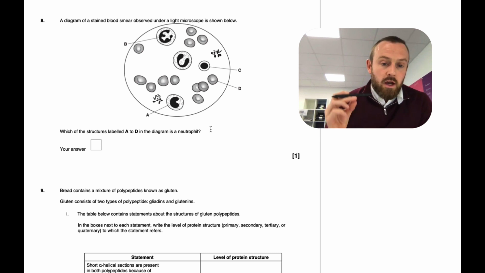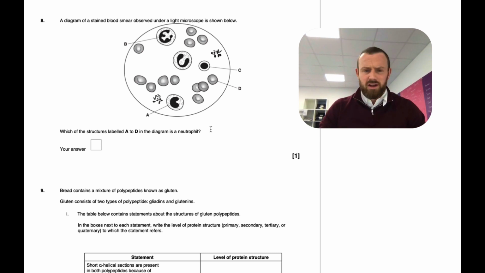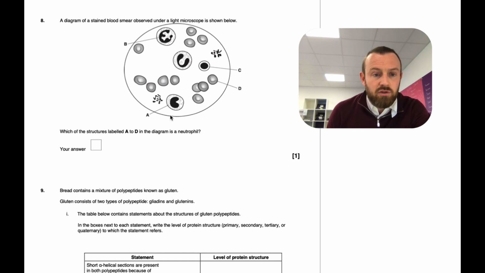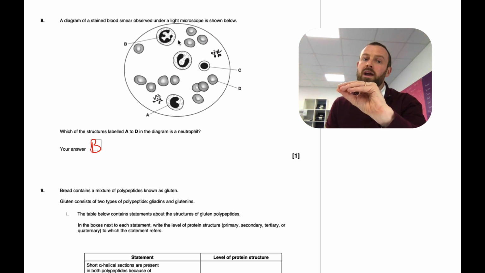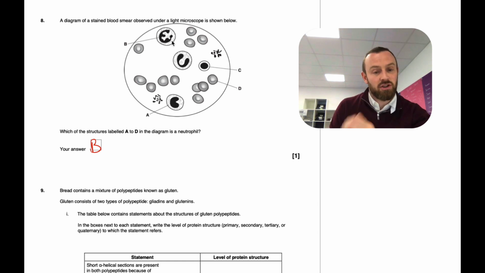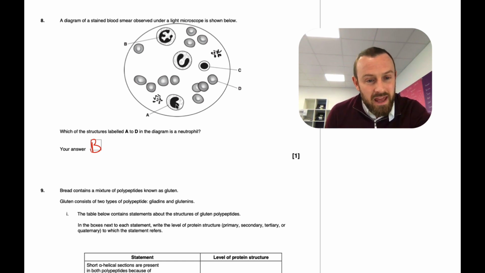Okay, moving on. I threw in a little multiple choice question here just because I wanted to get something on this topic of white blood cells. So which one is a neutrophil? Out of this, the neutrophil is going to be B. So you need to remember that neutrophils have a lobed nucleus. The reason is it helps them squeeze through small gaps out of capillaries into the tissues when they need to. And A is going to be a monocyte,